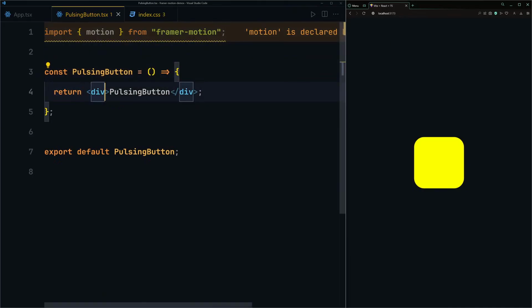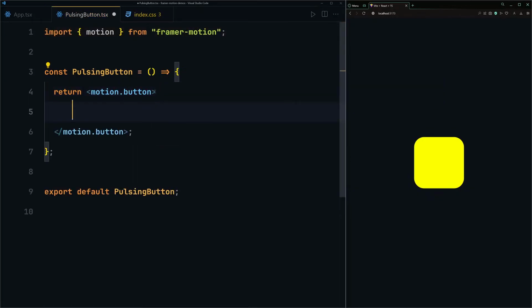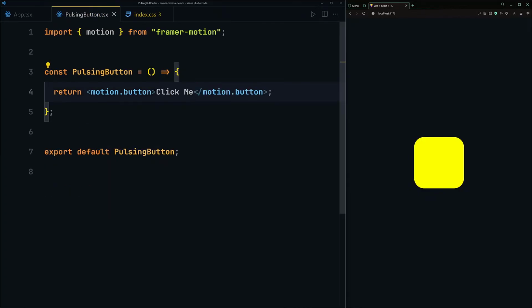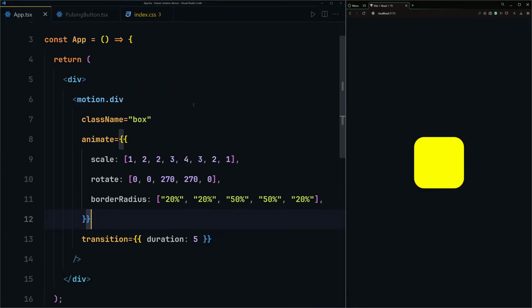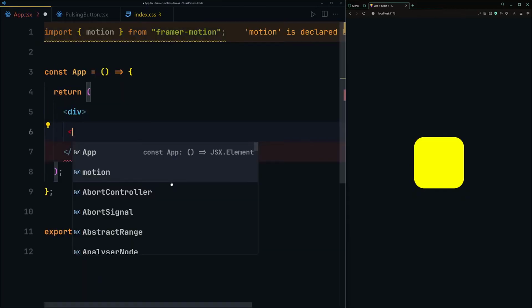Next, we have to tell Framer Motion that we want to animate that specific thing. Okay, so let me just select and remove both of them. And I'm going to use motion.button right here. And now let's just start working on our button. I'll use Click me as a label for that. And now if I save my file, let's just remove my action and create my pulsing